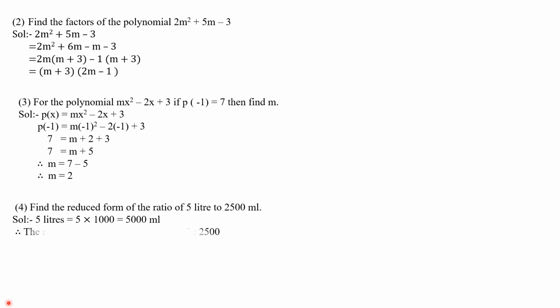Now we'll find out the ratio. So the ratio of 5000 ml to 2500 ml equal to 5000 is to 2500. So I'll write down in fraction form. So that is equal to 5000 upon 2500. Now students, 0 0 will cancel, 2 0 get cancelled. Now 25 and 50 is left. So 25 ones are 25 and 25 twos are 50. So we'll write down 2. So what you get? 2 upon 1. So the ratio will be 2 is to 1. Is it clear? So now moving to the fifth one.